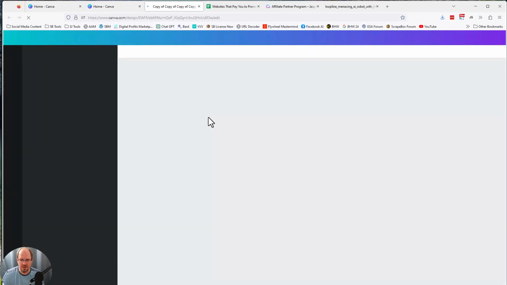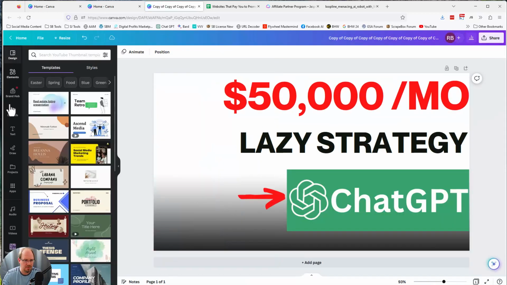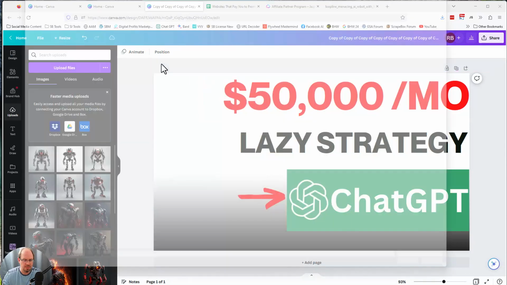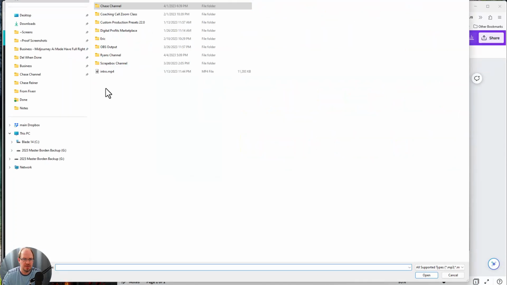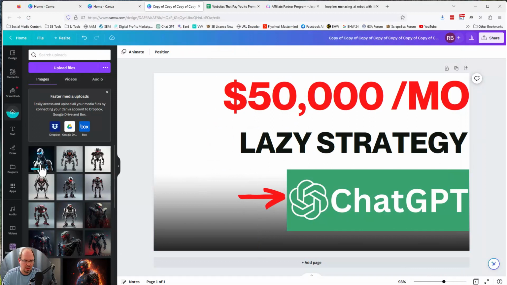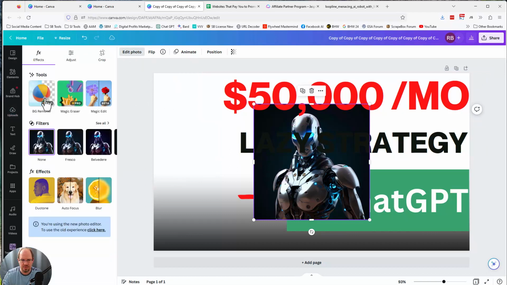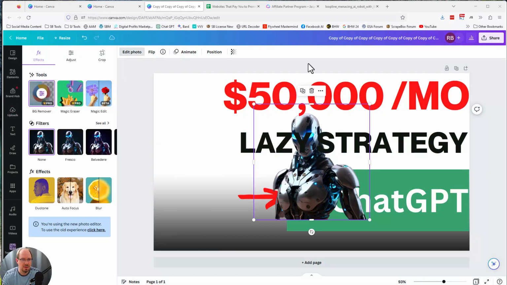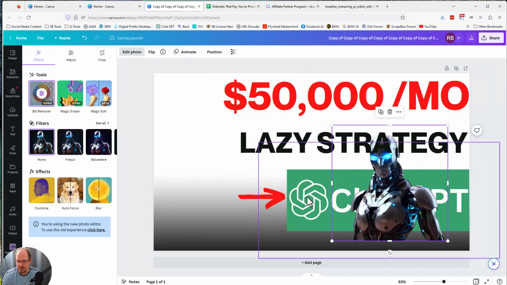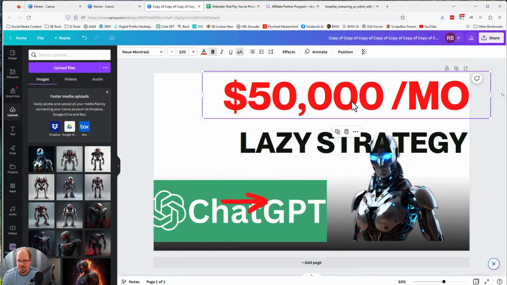I'm going to go into it, get rid of this right here, and go to upload to upload the one we just got, which is this one. And it's going to upload. I'm going to stick it in here and then let it remove the background real quick. All right, got the background removed. That just took a second. Let's throw this over here and move some stuff around.